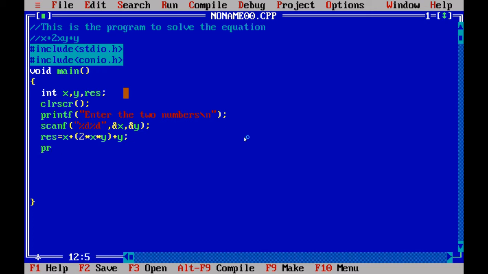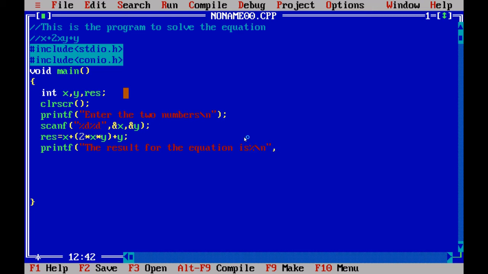We have to print the output, so printf. Here you can give the message: the result for the equation is. If you print that output variable here, you have to make use of the type specifier.